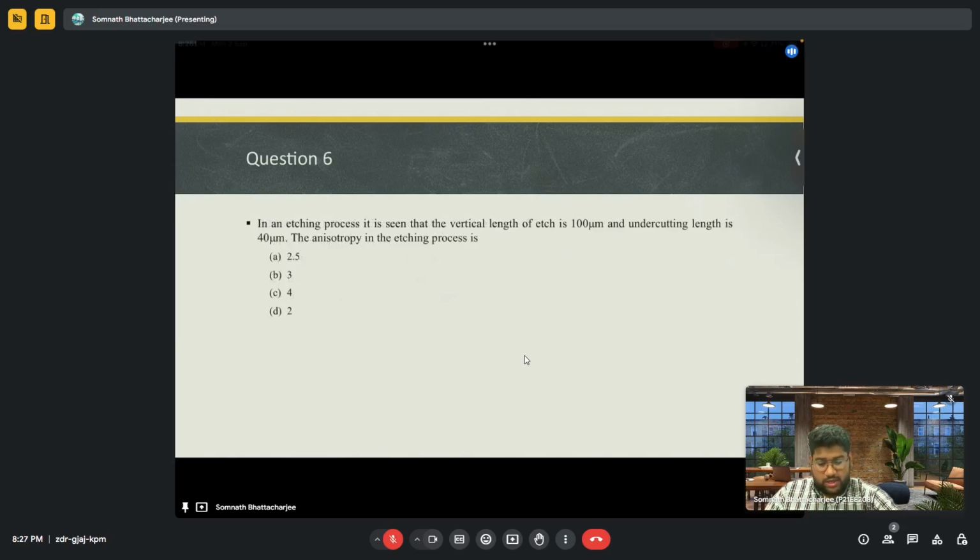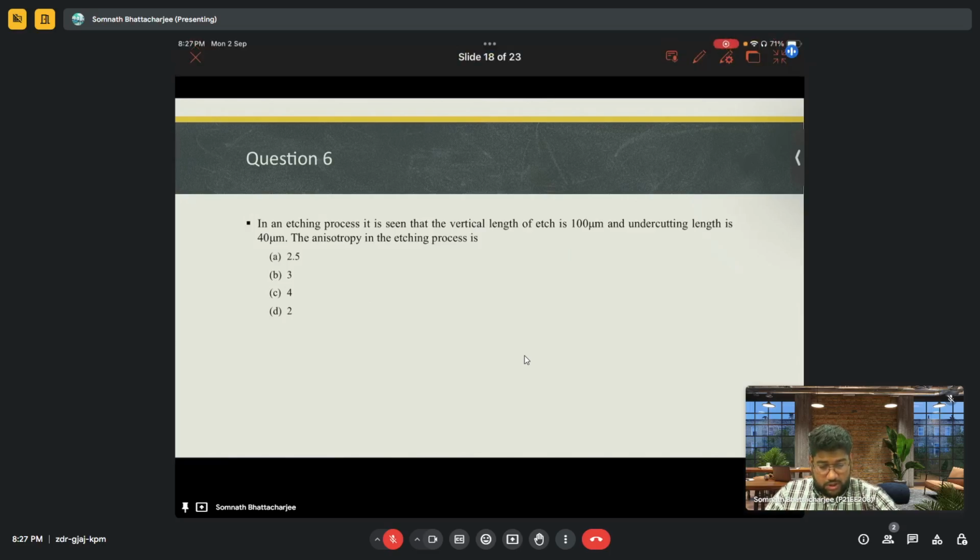Yeah. So this is the question where the etching process is seen such that the vertical length of the etch is 100 micrometers, and the undercutting length is 40 micrometers. We need to determine the value of anisotropy in the etching process. So let's do this. Here, what happens is that anisotropy in the etching process is equal to